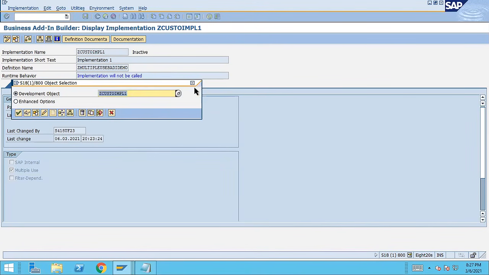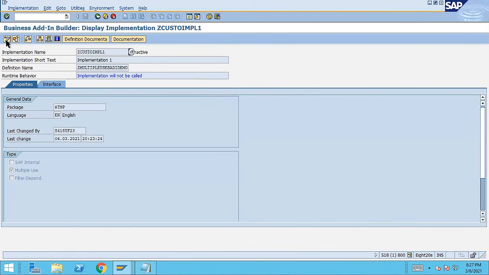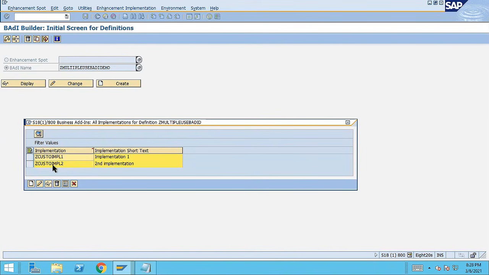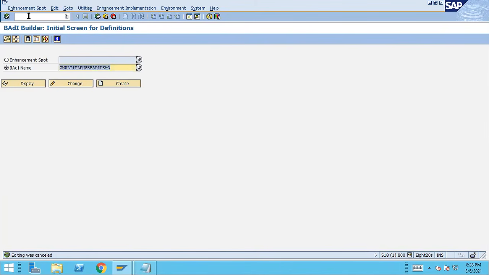Go into change mode, and click on this active. Now it is fine, right? Just go back, and from here you can see both the implementations are now active because this is in yellow color. Now go to the program